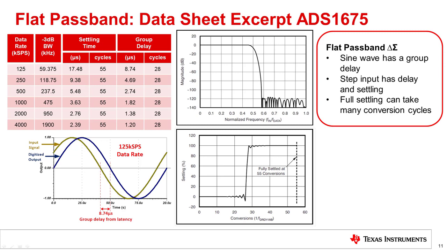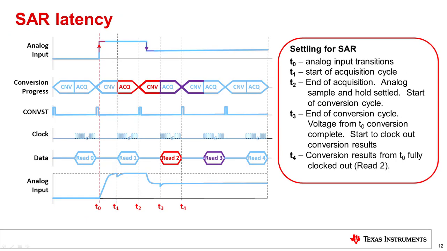Now that we have looked at the settling time example using a delta sigma converter with both low and high latency filters, let's take a look at how they compare to the SAR converter. One key difference between the SAR and delta sigma converters is that the SAR has an acquisition phase and a conversion phase, but the delta sigma converts continuously. With this in mind,